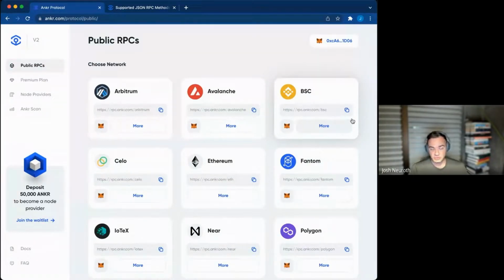And the way that you're going to do that is through something called a remote procedure call, which the industry has standardized around calling the RPC. RPC is not unique to Web3, but the Web3 ecosystem has really adopted it, right? And you need this RPC API in order to connect to the underlying nodes that essentially run the blockchain, right?